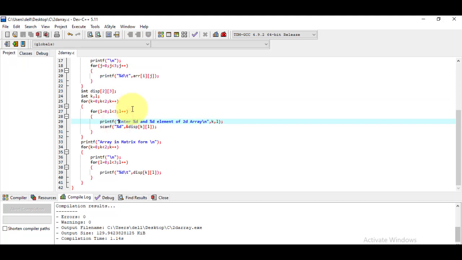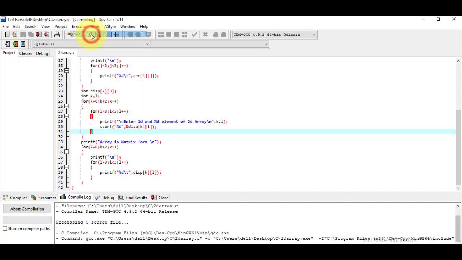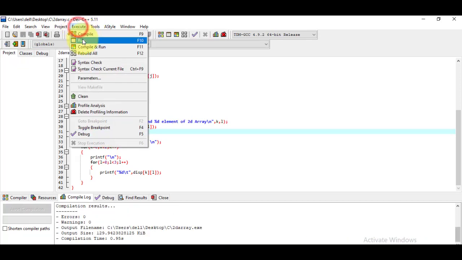Here I'm using \n again, and it will display the message in a new line, asking for input according to the values of k and L. First it will be 0 and 0, then 0 and 1, then 0 and 2, then 1 and 0, then 1 and 1, then 1 and 2, and according to that we have to enter the values. So save your changes once again and go to the execute menu, choose compile.